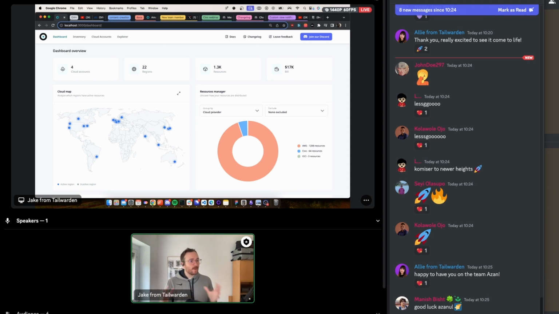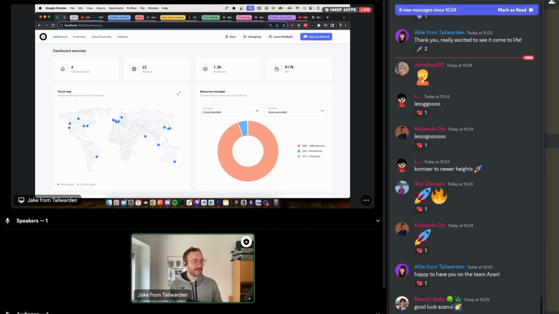So as you probably know, AWS has the most amount of support, but Azan this week has been putting together a list of the main chunk of managed services that AWS offers, just so we can try and get a really nice coverage of the majority of the important and most used managed services for AWS. Once that's done, we'll move on to GCP and Azure, because we want